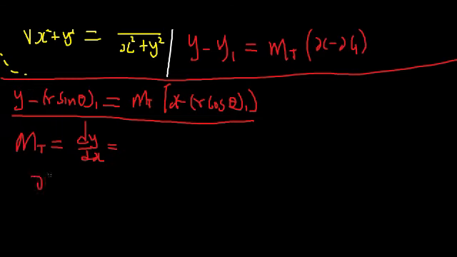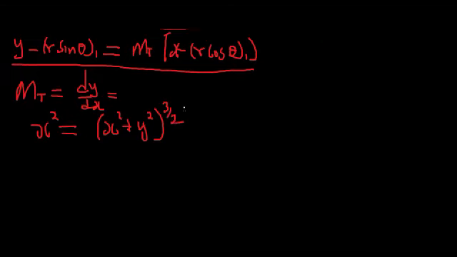We had the function x squared equals (x squared plus y squared) to the power 3 on 2. So we are going to use that to look for our m of tangent. So basically, when we differentiate x squared, we are going to have 2x equals, now differentiating this